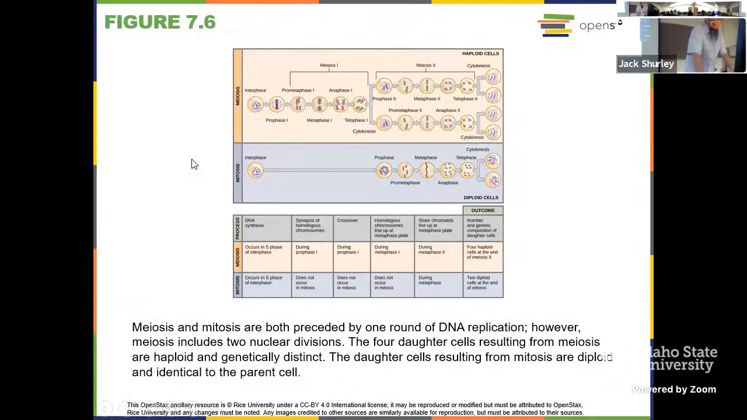Okay. So here, we can see a comparison of the two, all right? Meiosis up on the top, mitosis down below. Remember, genetically different or distinct, and genetically identical down below, all right? So as this happens,